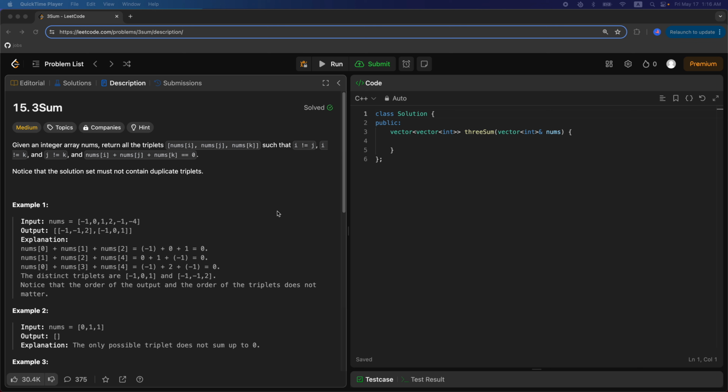Today we're going to be doing another LeetCode problem. This one is called 3Sum. We're going to be solving it in C++ as always. Let's get into it. So we're given an integer array nums, and they want us to return all of the